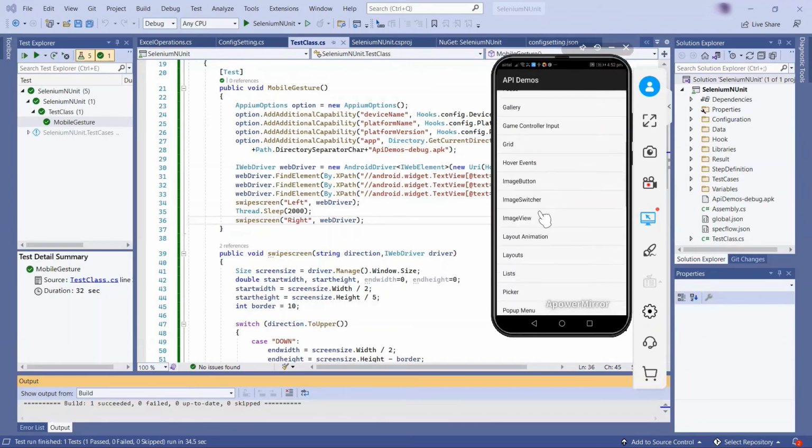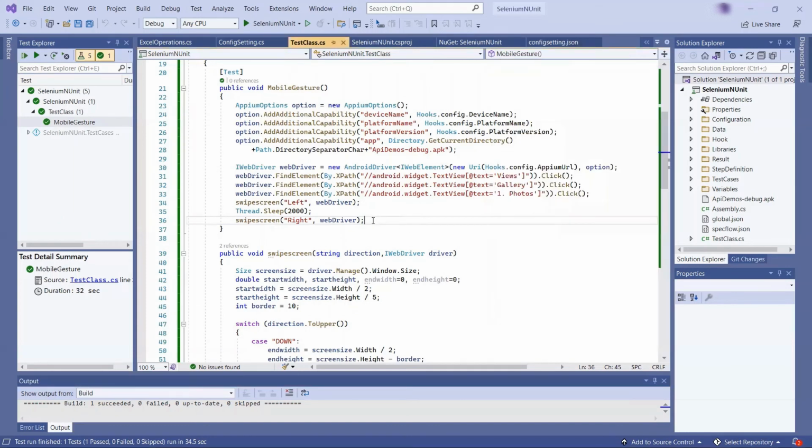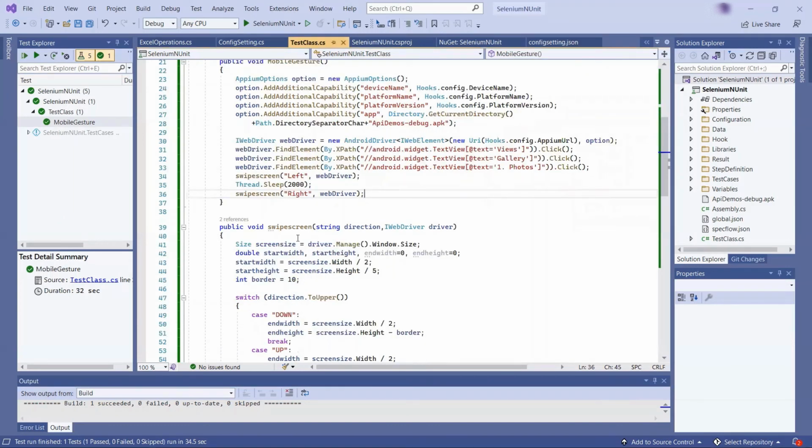And to reach that element, you need to perform swipe up many times until you get your element. Now let's say that I want to click on this element, Tab, which can only be seen when I perform multiple swipe up operations. So in that case, we need to perform the swipe operation until we get our element.